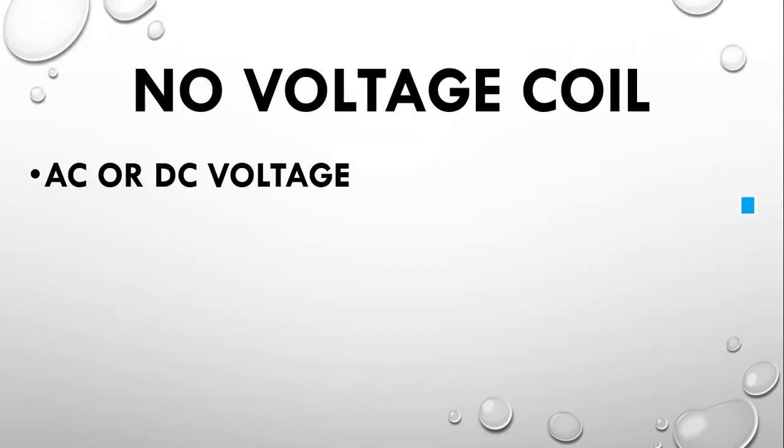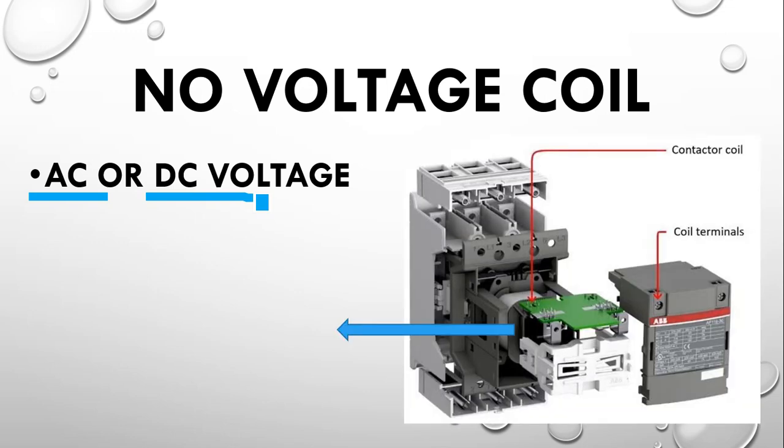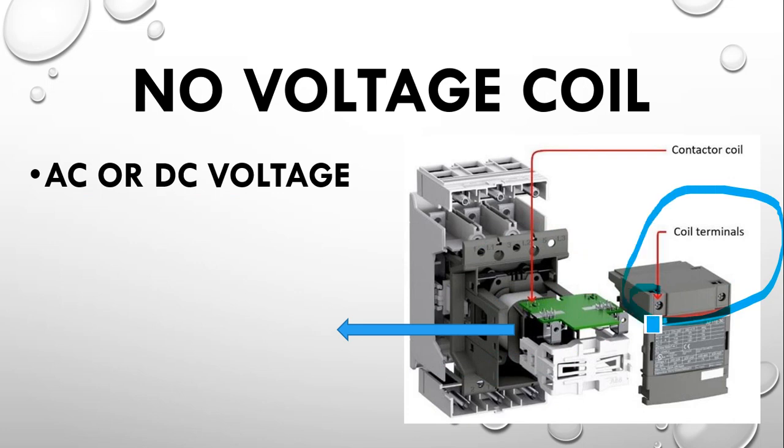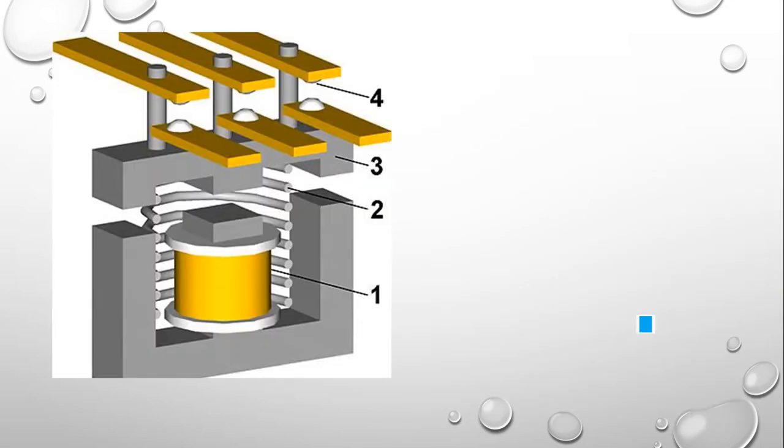Now the additional part is the no voltage coil of the contactor. The coil, we told, has A1, A2 terminals, which can be operated by an AC voltage or DC voltage as per our requirement. If you want to operate it in a DC voltage, you will be able to operate that, or AC is also available. And inside this contactor, the coil is safely kept, and there are two terminals available, known as the coil terminals. And we'll see how a no voltage coil functions.